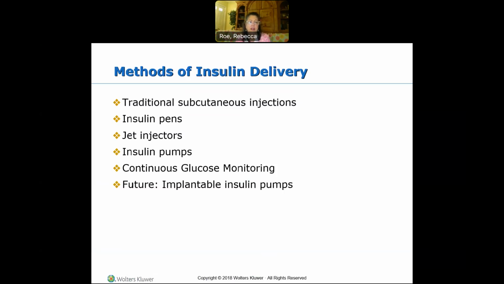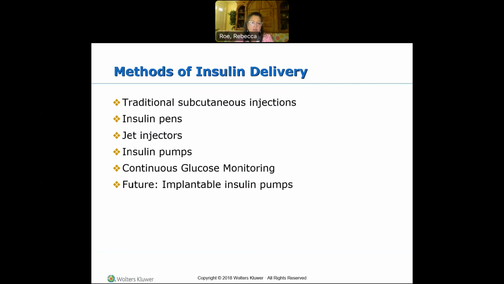Insulin pens are out there now, and they've already been preloaded. You have jet injectors that basically spring load the insulin into the body. You've got insulin pumps that can be worn outside the body and have a little cassette that pumps insulin in,